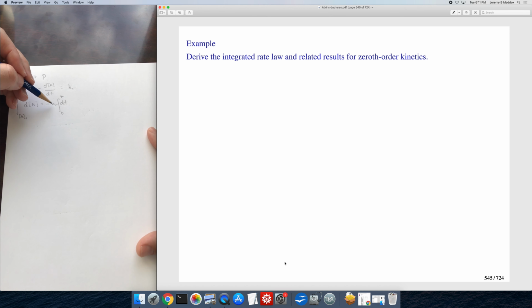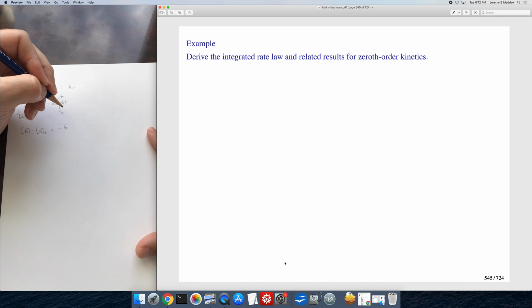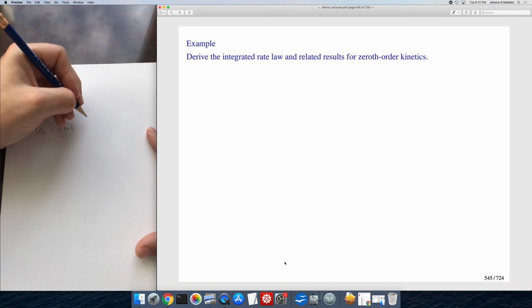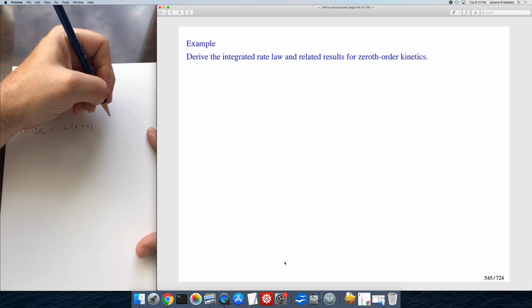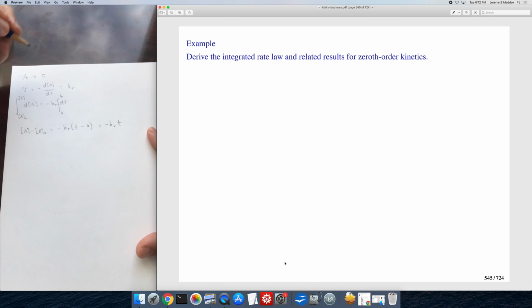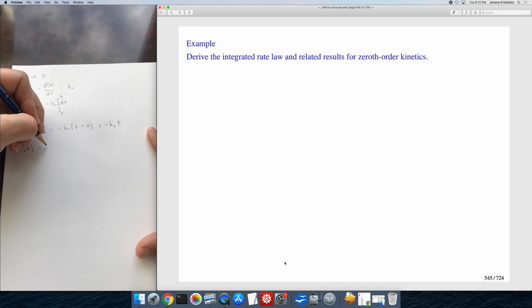Note that the rate constant doesn't depend on time, and it comes outside of the integral. And so the left-hand side gives us A minus A0. The right-hand side of the equation is going to give us Kr times t minus 0, which is just minus KrT. And so rearranging it, we get this expression here